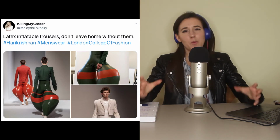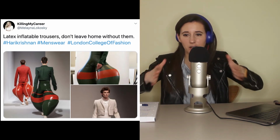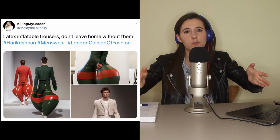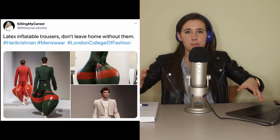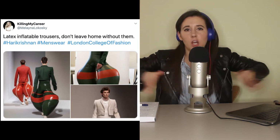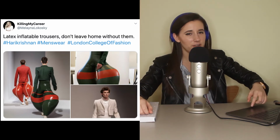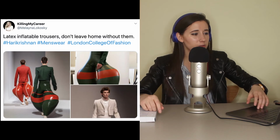I mean, we've gotten used to, say, the flares where they go out the end, and this is almost like a very over-exaggerated flare in some of the pictures, like some of the first ones I've seen, because literally, one of them starts thin at the waist, and then just goes out into these big balloons at the bottom. Very odd. And then other ones, they are really big at the waist area or other parts of